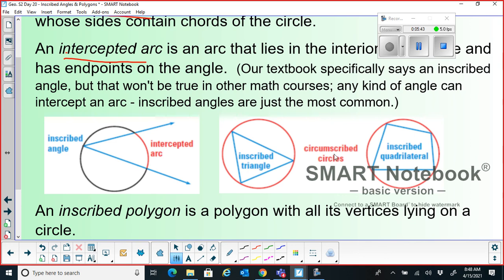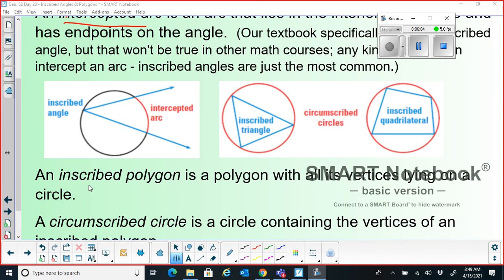Or it's also called, if any polygon circumscribes the circle. This is also an inscribed quadrilateral, because we have all four vertices of the quadrilateral lying on the circle in this particular figure. Note this as well, then we will go on to the next slide. I'll give you another 30 seconds.